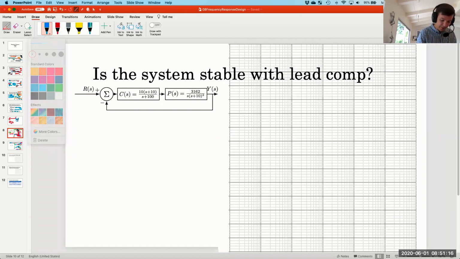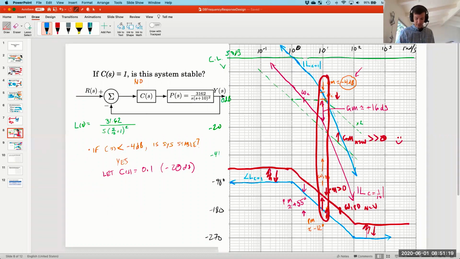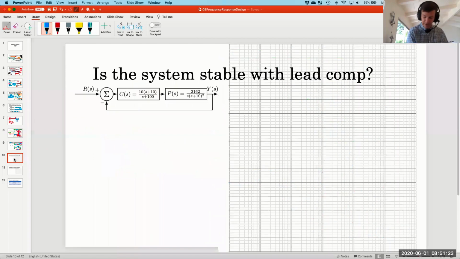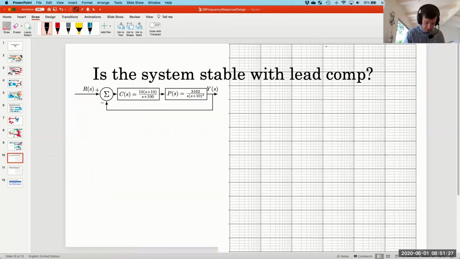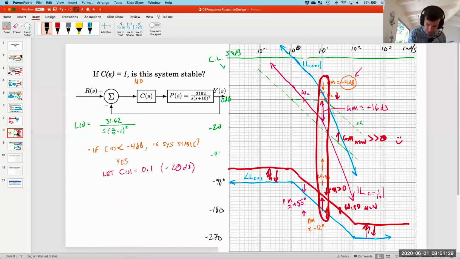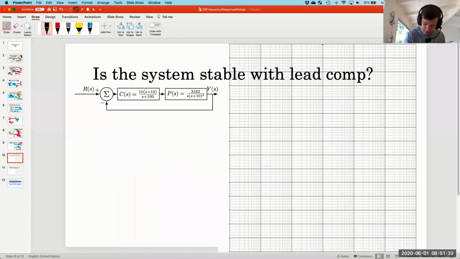Actually, I wonder if I could, yikes, do I even bother copying this? No, it's just too messy. Sorry, people. Okay, so we're going to say, so I get the frequencies right, 10 to the 1 is dead center, 10 to the 2, 10 to the 3, 10 to the 0. Okay, so